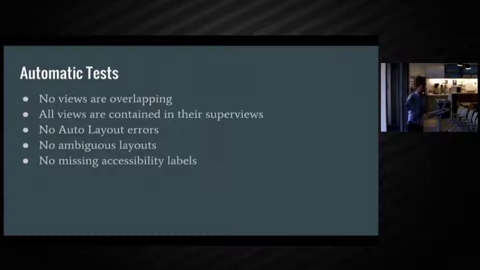So these are basic rules that we feel most views should adhere to. But of course there are exceptions. For instance, you might have a cell which has a background image view which stretches the whole width and height of the cell. Obviously, this is going to overlap with every other view in the cell, but this is by design. So it's really easy on these tests to say, hey, framework, ignore my background image view, and it will check to make sure everything else isn't overlapping. But if anything overlaps with the background image view, it won't fail the test. All these rules are also configurable on a per-test or a global basis, so you can make sure you're testing exactly what you want to test.